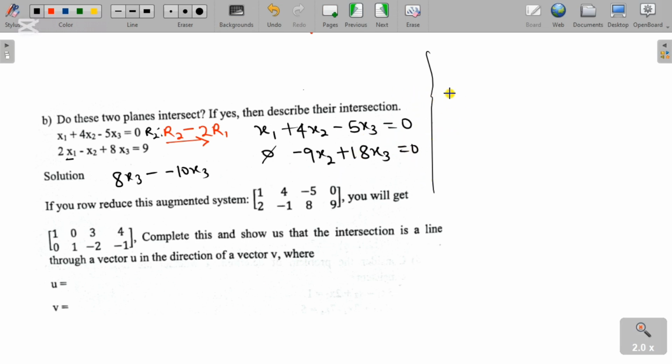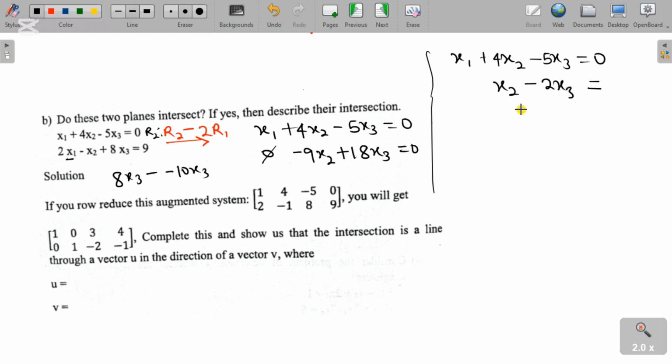All right, so here now I am going to have x1 plus 4x2, then minus 5x3 equal to 0. Now this is going to be what is left here, but you can see that there is a divisor here. All right, minus 9 can divide through, and minus 9 divided into this will give us x2. Minus 9 divided into this one will give us minus 2x3, and that is equal to